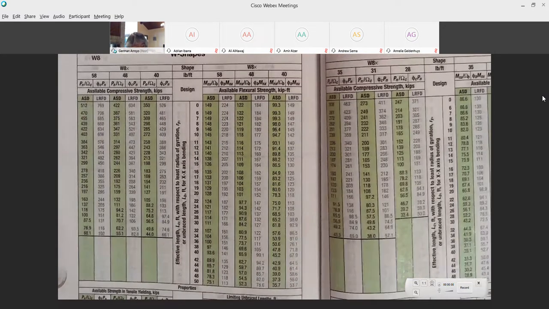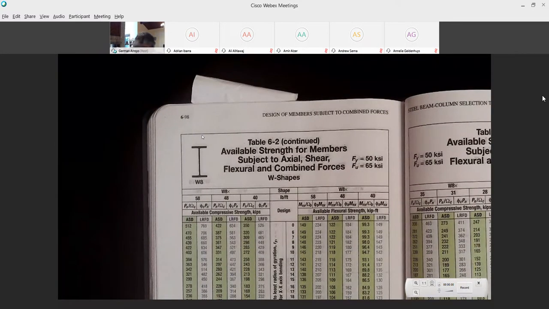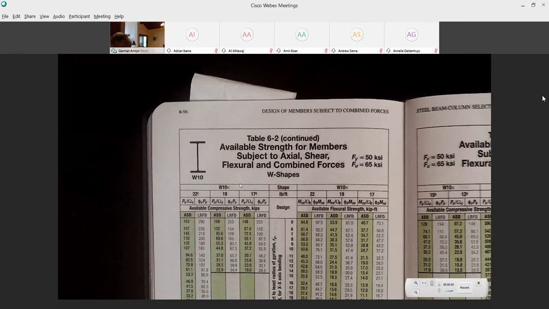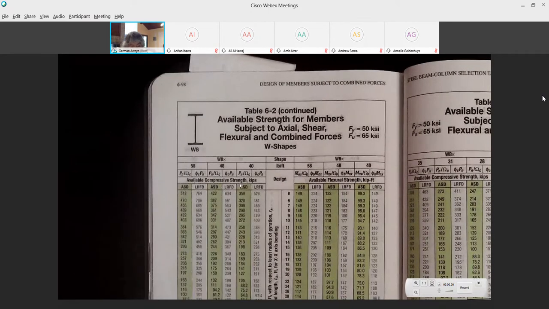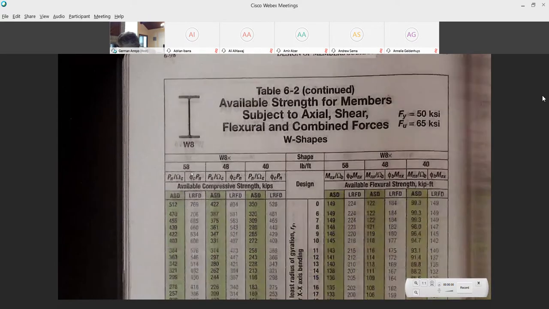So this W8 by 58 is on page 698. In 698. And there's no reason why I started with the W8 by 58. I just went to the table for W8 and if you look at the next table, this is the heaviest. This is the heaviest one in the W8 by 58 because